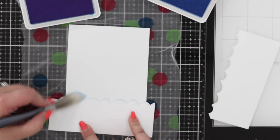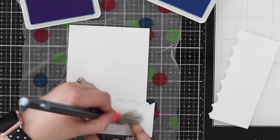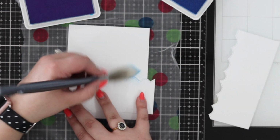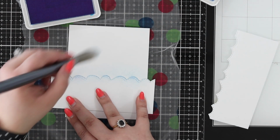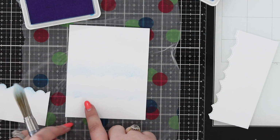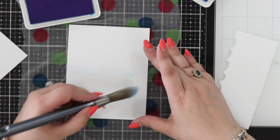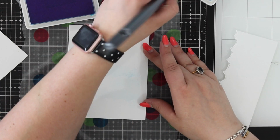And I like using a brush rather than blending foamies. I just find I get a better finish. I don't have to worry about any harsh edges or anything like that. I can just work away. I'm just going to keep going up and down this piece until I have the coverage I want, and you can already see I'm starting to get some of those cloud pieces in. And the great thing is I can pick up some ink, I can add just a hint of blue on there,